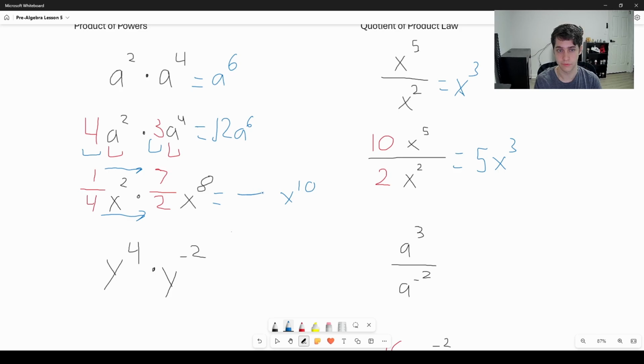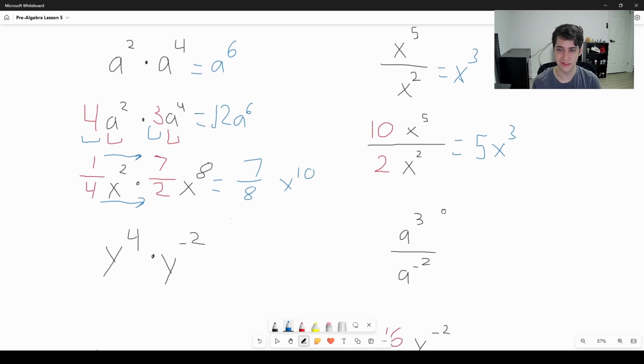So we're going to end up with a fraction still, but in our numerator, which is the top of a fraction, we're going to get 1 times 7, which is just 7. And in our denominator, which is the bottom of a fraction, we're going to get 4 times 2, which is 8. So that's just a quick refresher of how multiplying fractions work, in case you forgot. Just across the top is one part, across the bottom is the other. All right, so now let's talk about